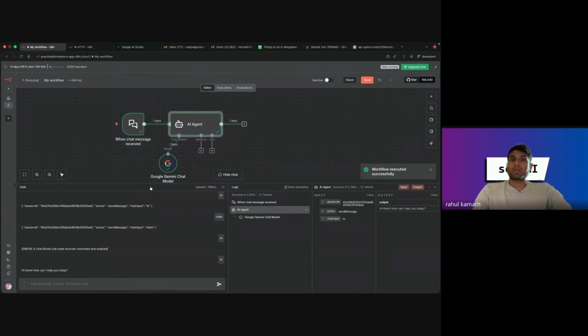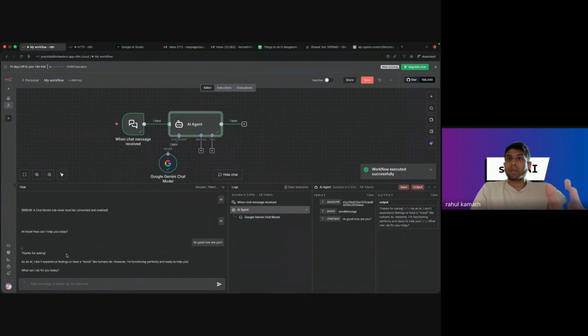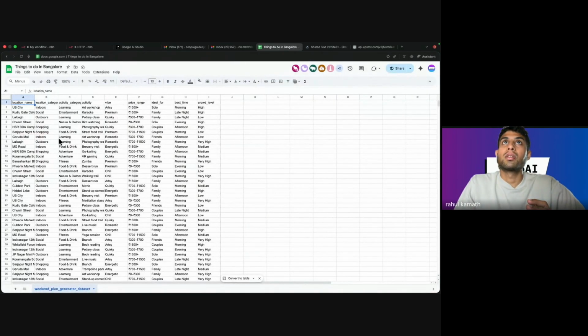So it's connected to the Google API. It's replying. So right now, actually, you're connected to Gemini, and you're able to chat with it, and you can chat about anything with it. But that's not the purpose of what we're trying to achieve. But the thing is that, given that it is connected, it's able to respond back to you. But now we want it to focus on exploring this Google Sheets, right?